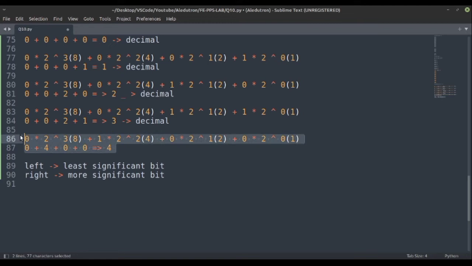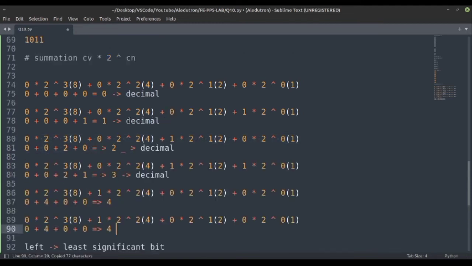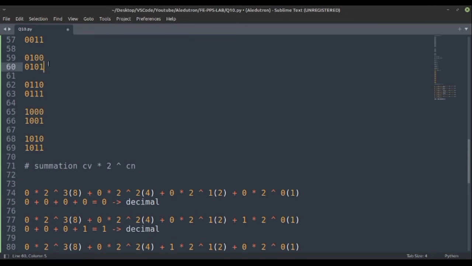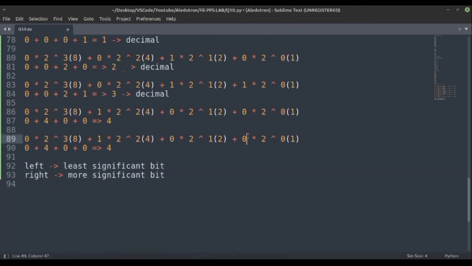Similarly, if we take the next number, 0101, what has basically happened is the first three bits are the same, and the last one is changed to 1. So here we would get 1. So 4 plus 1 is basically 5. Similarly, if we continue this, we would get the decimals.